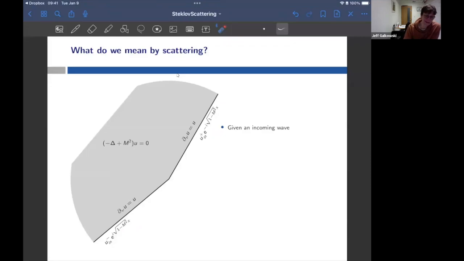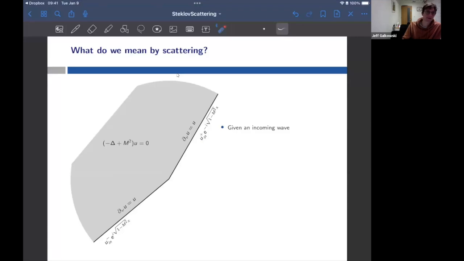Already I've done something a little bit sneaky here, which is I'm claiming that this at least approximately solves the problem near infinity. This is not a priori obvious because this operator is in general highly non-local, but let's suspend disbelief for the moment. This thing does in fact approximately solve the problem near infinity,